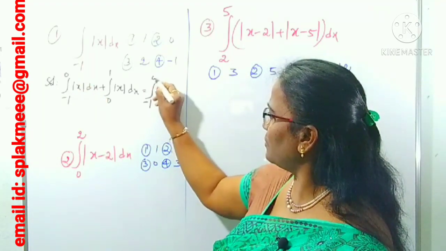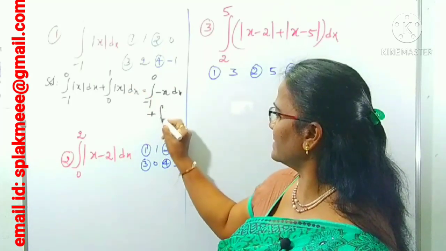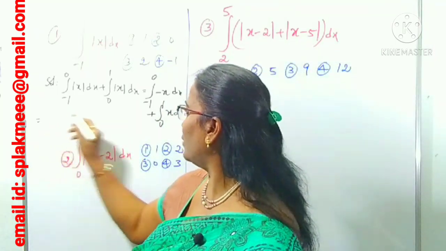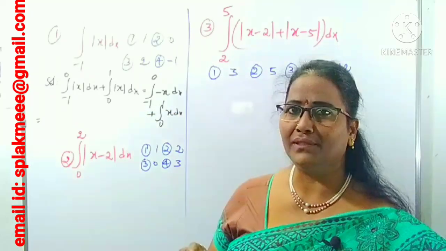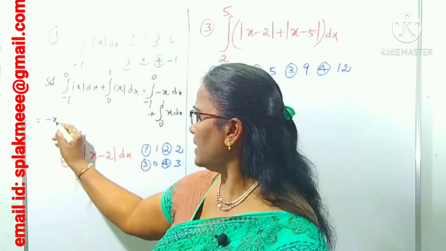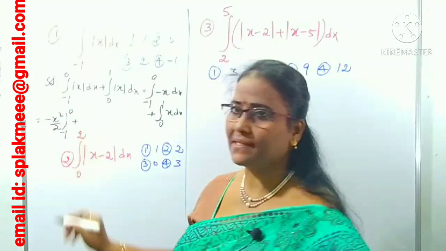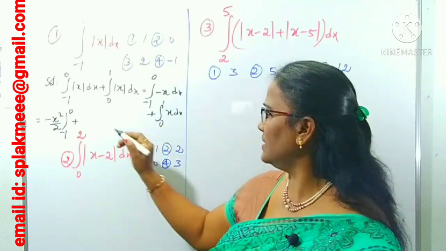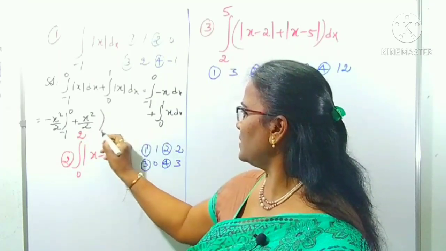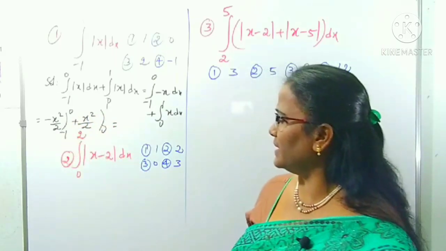Integral minus 1 to 0 of minus x dx, with plus, for this one plus x. x dx between the limits 0 to 1. You know integration of x. Integral of x is what? x squared by 2, with minus in the first interval. Minus x squared by 2 between the limits minus 1 to 0 plus. What is the second integration? x squared by 2, integral of x with limits from 0 to 1. We can calculate it. By this calculation what can you get?